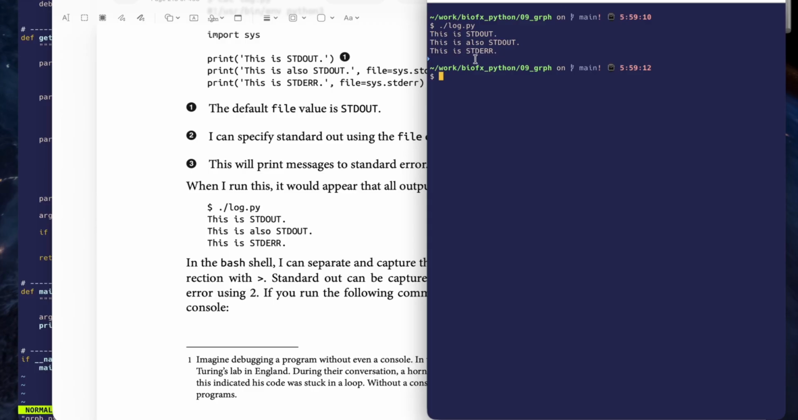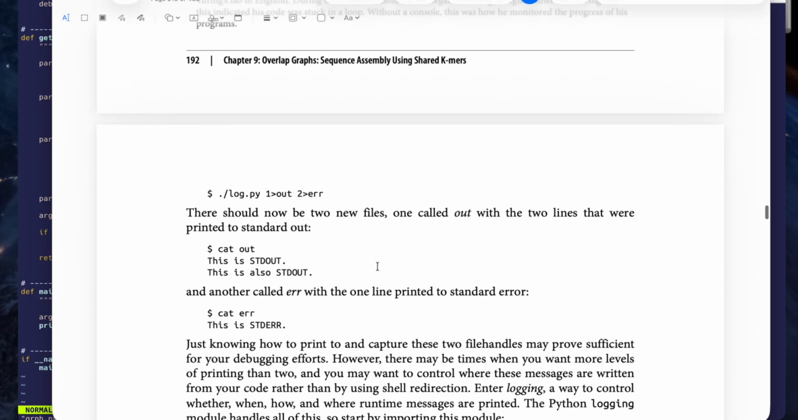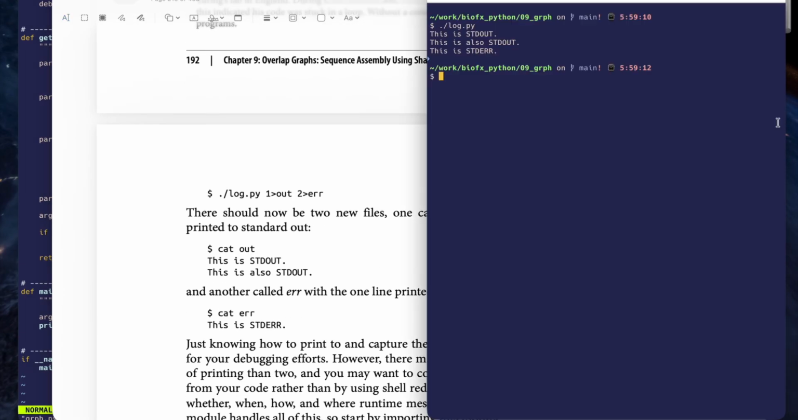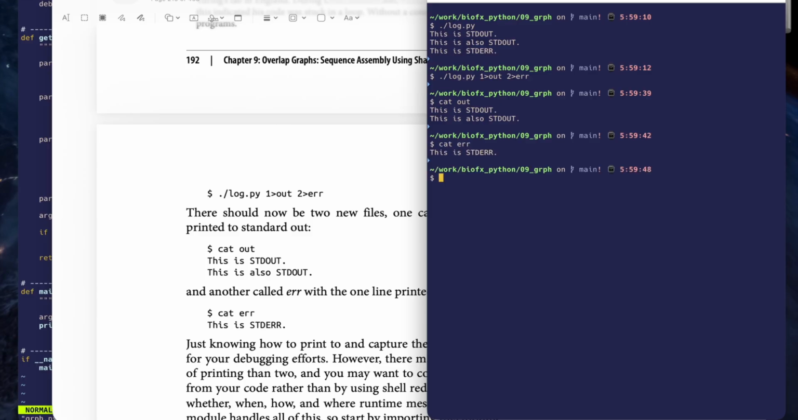This standard error is actually just showing up still on the console because I haven't told it to go anywhere else. And so I can actually redirect both of these, STDOUT and STDERR, to different files. So I can say 1, which is the file handle for STDOUT, is going to go to something called out, and 2 is going to go to something called error. And now I see nothing on the command line, but if I cat the out file, I see there are 2 lines, the ones that were printed to STDOUT,